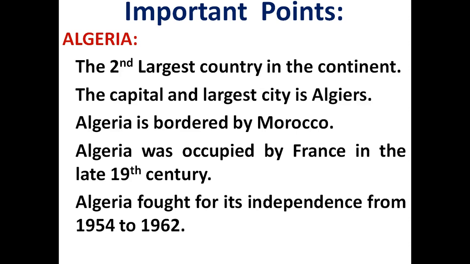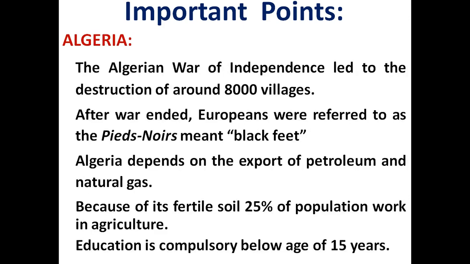Algeria is bordered by Morocco. Algeria was occupied by France in the late 19th century. Algeria fought for its independence from 1954 to 1962. The Algerian War of Independence led to the destruction of around 8,000 villages. And after the war ended, the Europeans were referred to as the